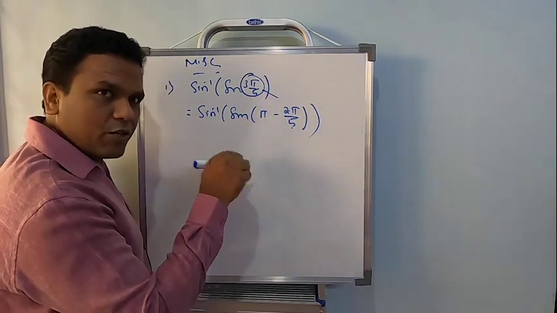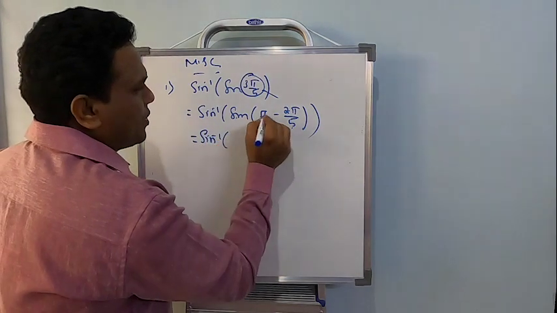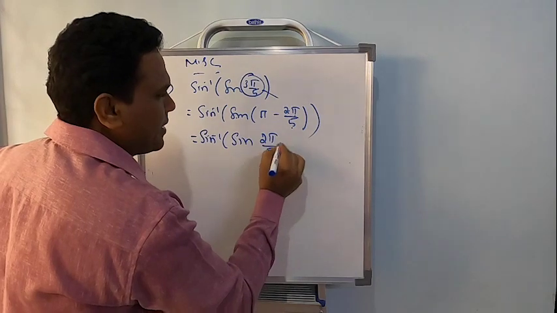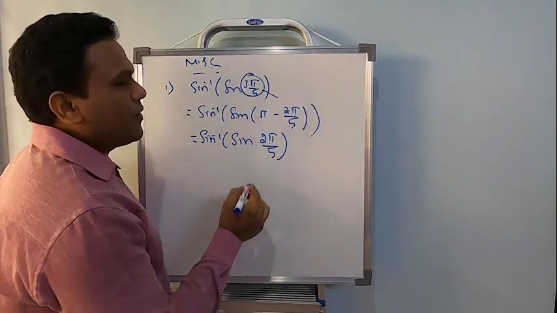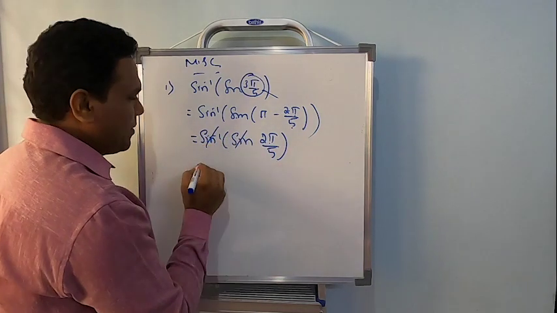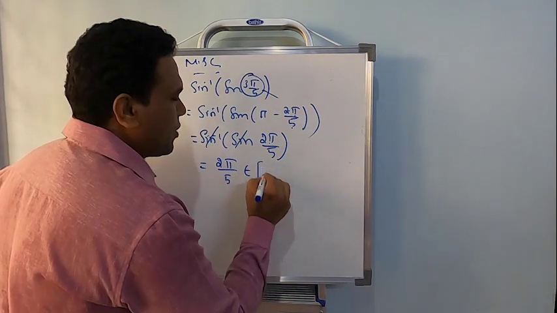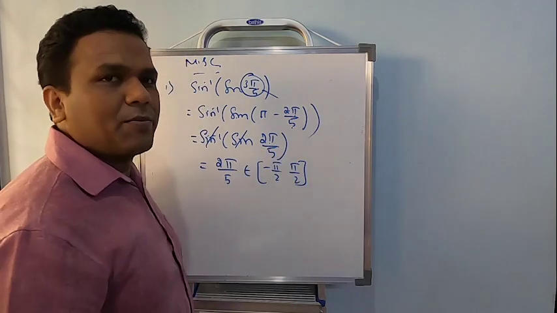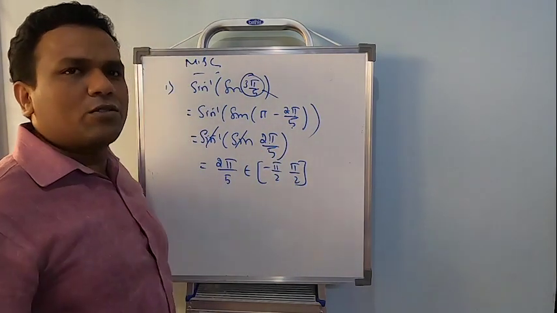So I'm trying to convert in terms of radians only. So sine inverse of sine of 180 minus theta. Sine of 180 minus theta will be sine theta. It lies in the second quadrant. And now surely check this 2 pi by 5 value belongs to minus pi by 2 to plus pi by 2. I can eliminate this and simply the value is going to be 2 pi by 5 because this belongs to the closed interval minus pi by 2 to plus pi by 2. Okay, so before eliminating just check whether it belongs to the domain.